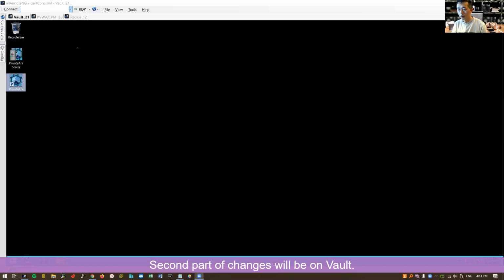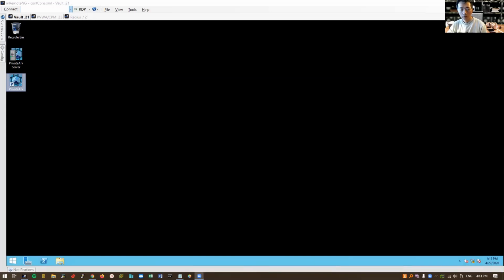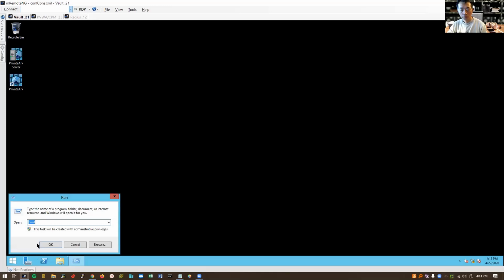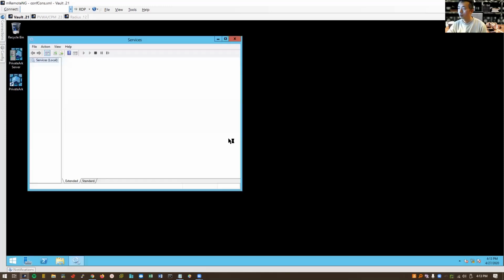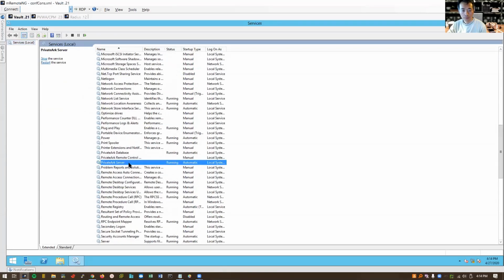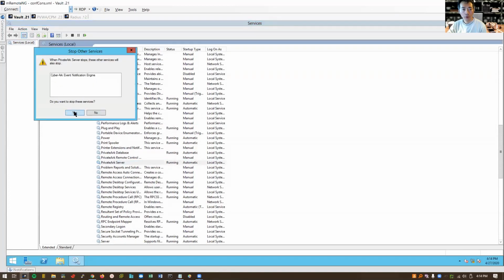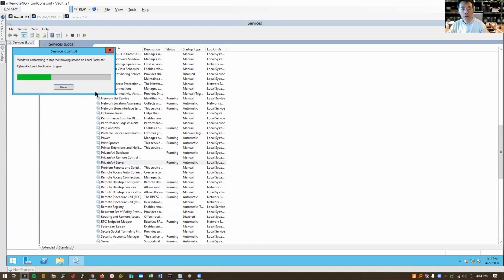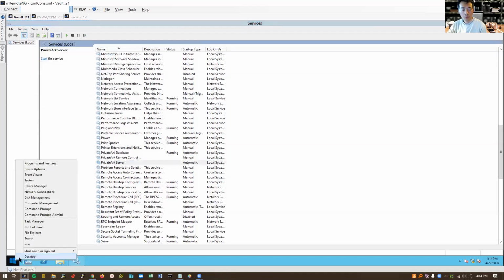The second step we need to configure is on the Vault server itself. You need to make sure the Vault server knows you have a radius server ready and that you have a secret to communicate between radius and the Vault. To do that, we have to stop the Private Ark server service first. It will also stop your event notification engine. Then you can launch